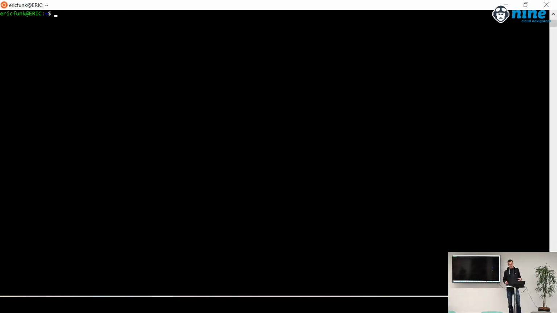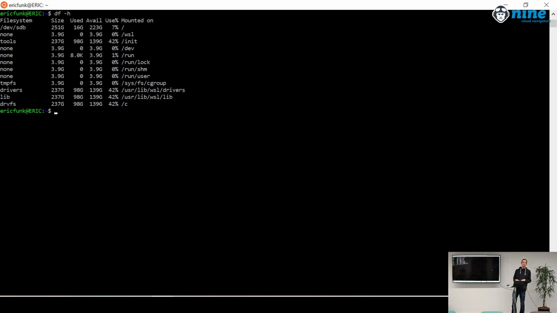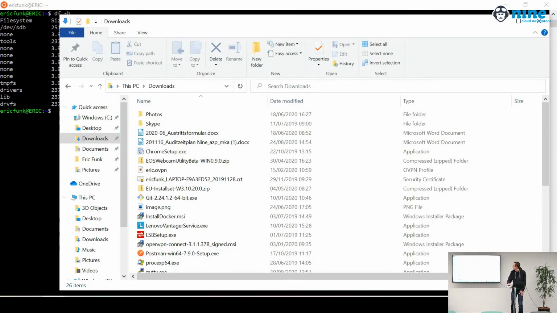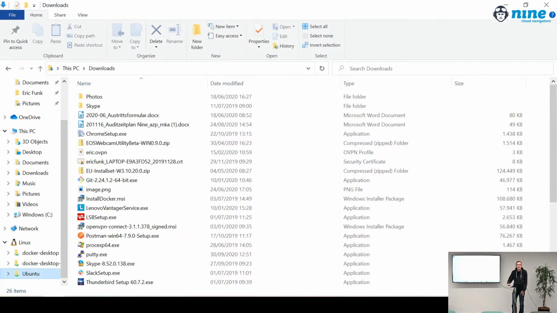And now you can already start to develop. I mean, you can install Git, you can install Node.js, you can install an Apache, whatever you want. So that's quite great. And the good thing is also they did some very nice things for you. For example, they actually mount your C drive automatically in Ubuntu, and in reverse, they give you direct access to the Linux file system via Windows Explorer.